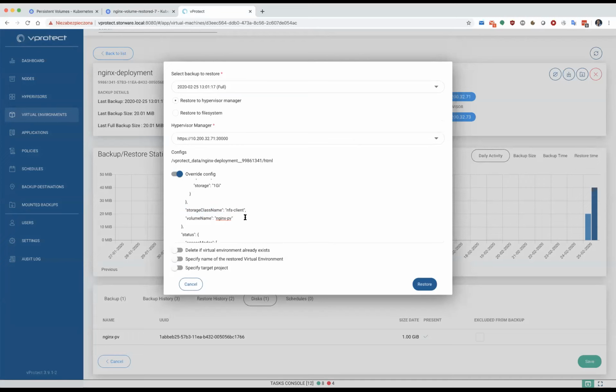Well, let's say not machine, because we are talking about the deployment, and vProtect is going to pass it later to Kubernetes to use this particular volume instead of allocating it according to the requirements, as you can see. So you have the option to back up some subsets of the volumes,